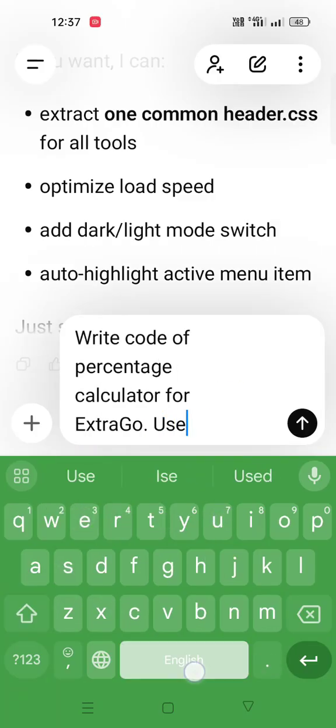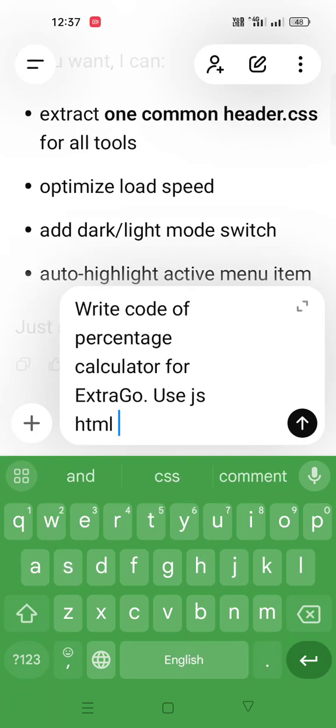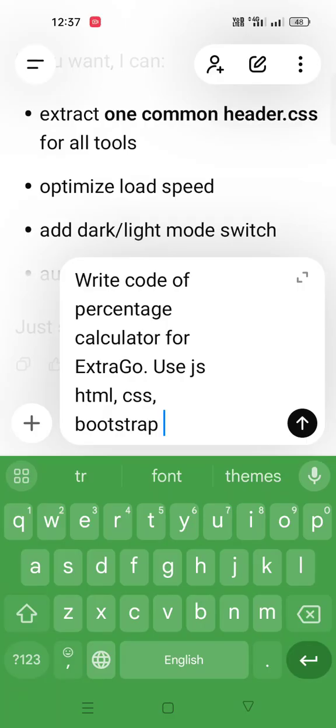Use the following languages: JS, JavaScript, HTML, hypertext markup language, CSS, cascading style sheet, and Bootstrap, the HTML CSS framework.